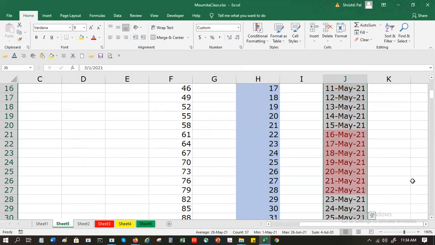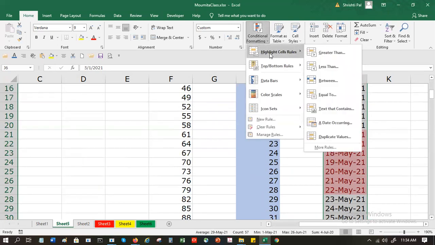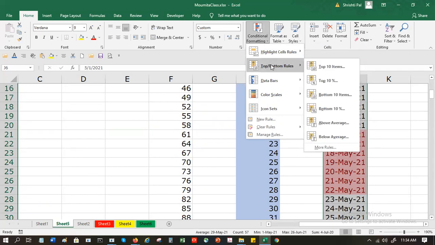So you have text, number, and date conditional formatting. So this was the first set of conditions. Next is top bottom rules.